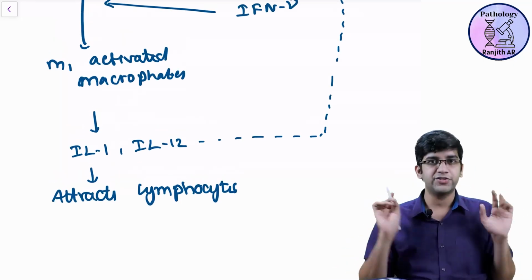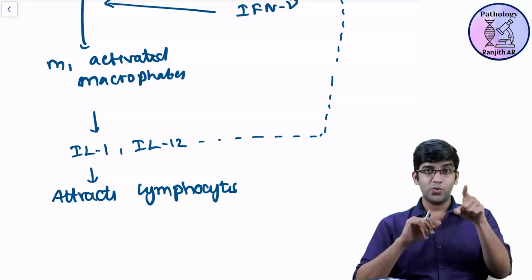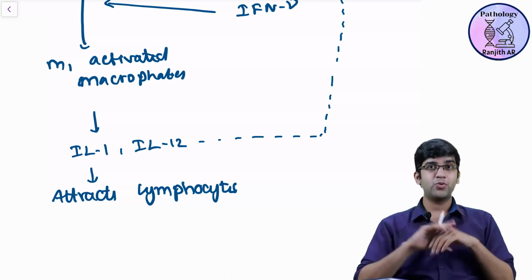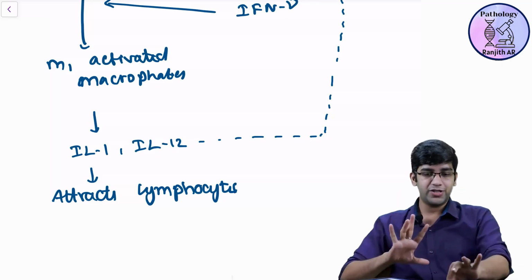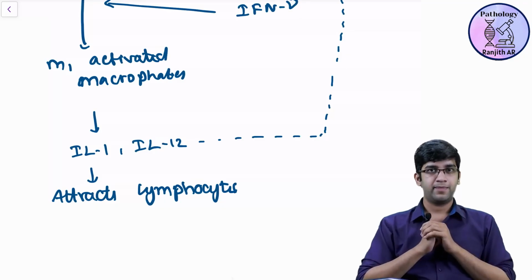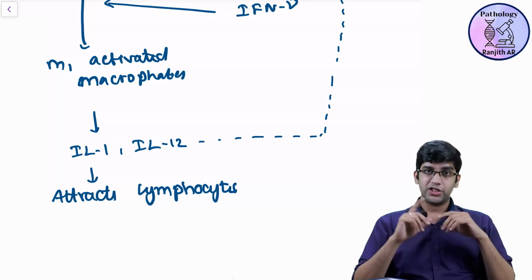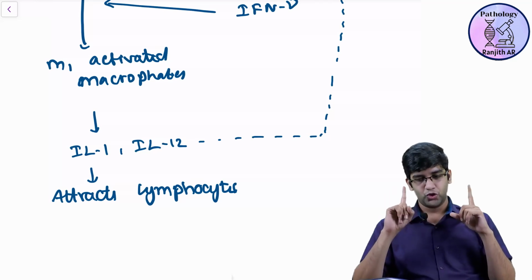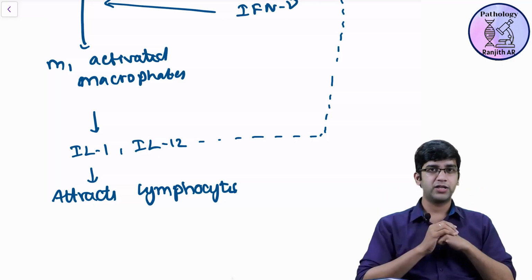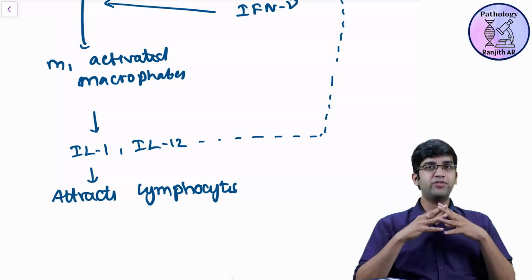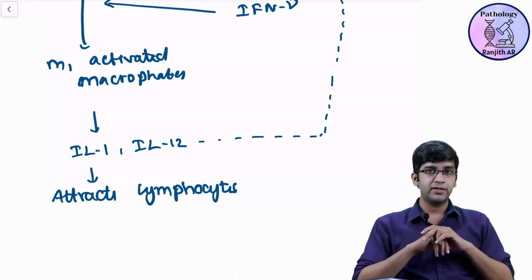So these are the players now. We know the players. You are going to draw how it's going to look. You heard me correct. Listen carefully to me. Put your pens down, we'll discuss. We had a macrophage. We saw in the initial chapter how a macrophage looks, a clear cell, a foam cell. Now this macrophage ate everything, was not able to do anything, and became an activated macrophage.